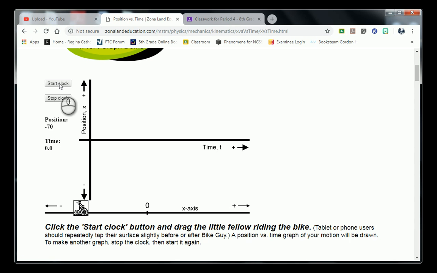Watch what happens. You will see that right along this axis, you'll start to see a blue line start to appear. So I'm going to start the clock. I'm going to come down here and grab my guy, and I'm going to go up, and then I'm going to stop. And then I'm going to go back down,